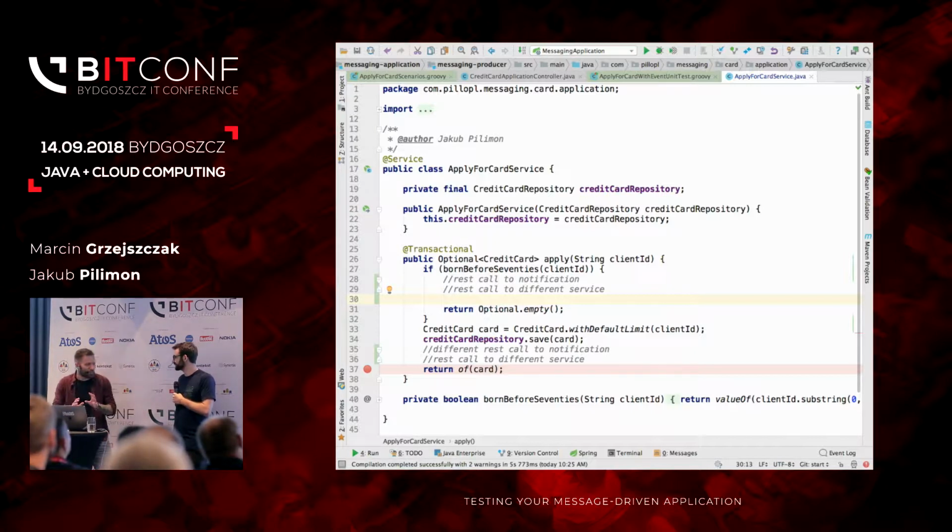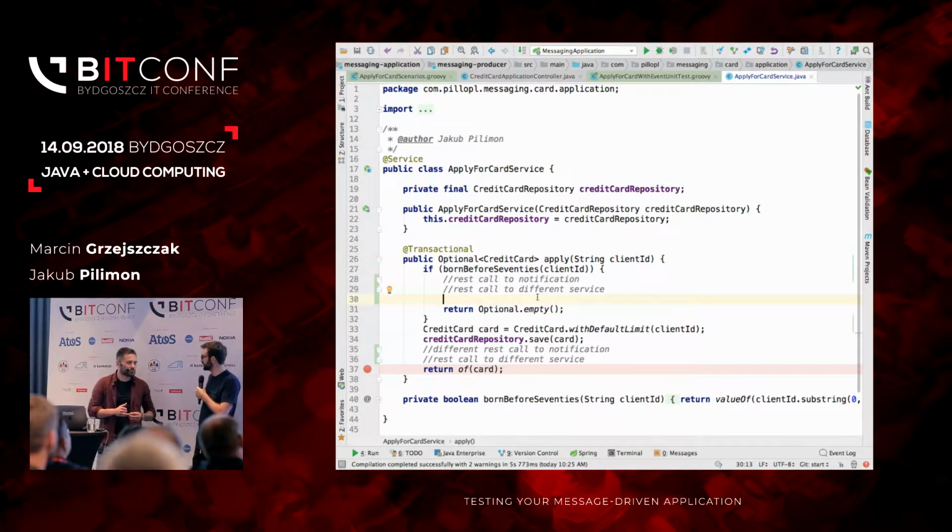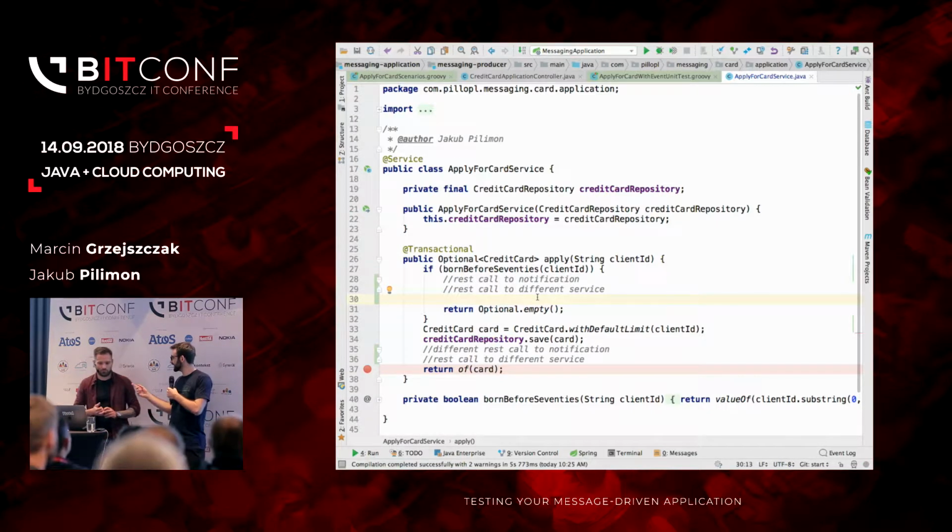Let's stick with REST for a while. Okay. It's fine. How about when this notification service or a different service or yet another service is down or it's very slow? Will it affect the process of granting your card or not? I mean, if I don't do anything special, I guess it will. Yeah. It's going to be slow if the other service is slow. Well, what about wrapping it in, there's this buzzword, circuit breaker. I can wrap it in a circuit breaker.